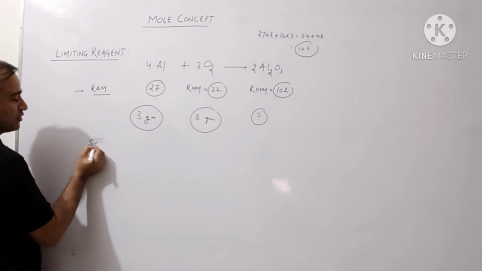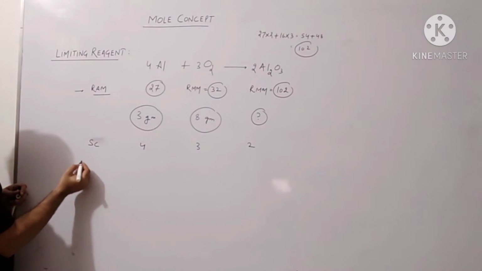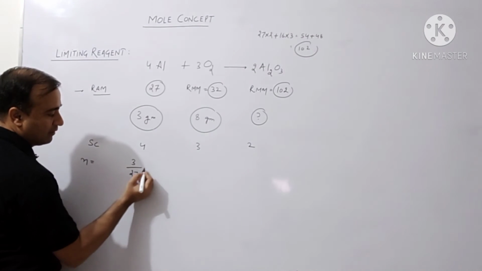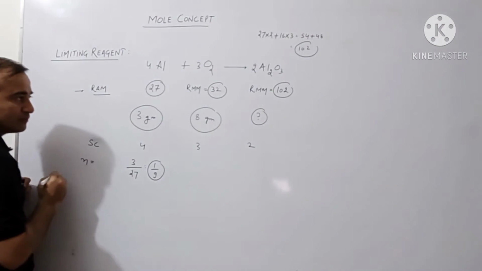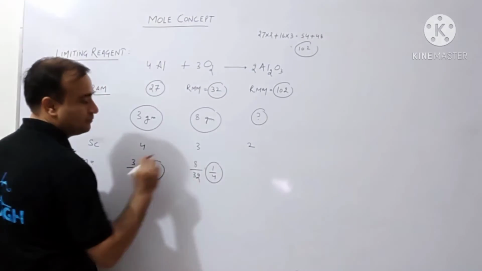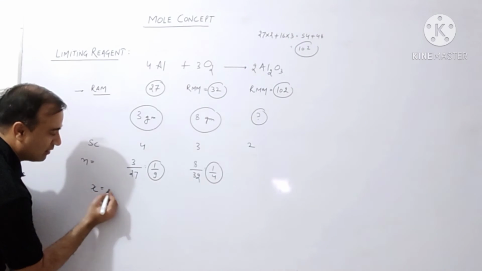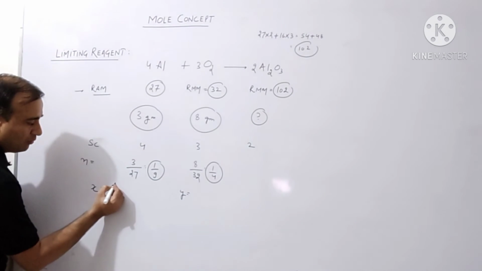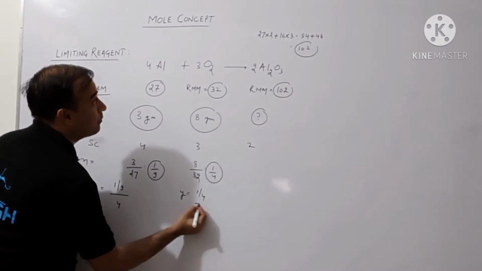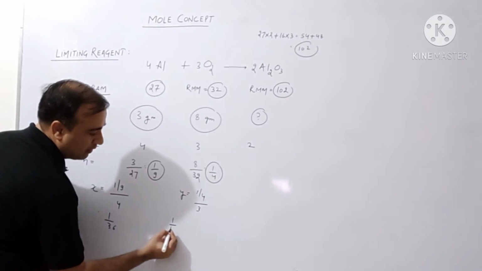First of all, the stoichiometric coefficients 4, 3, 2. It must be written here. 4:3:2. Now I am getting the number of moles of all these components. 3 gram, 3/27, moles must be 1/9. In the case of oxygen, 8/32, 1/4. 1/4 moles of oxygen will be there. Now I am going to get the expressions x and y. As you know, number of moles given upon stoichiometric coefficient. The value comes 1/36. The value comes 1/12.